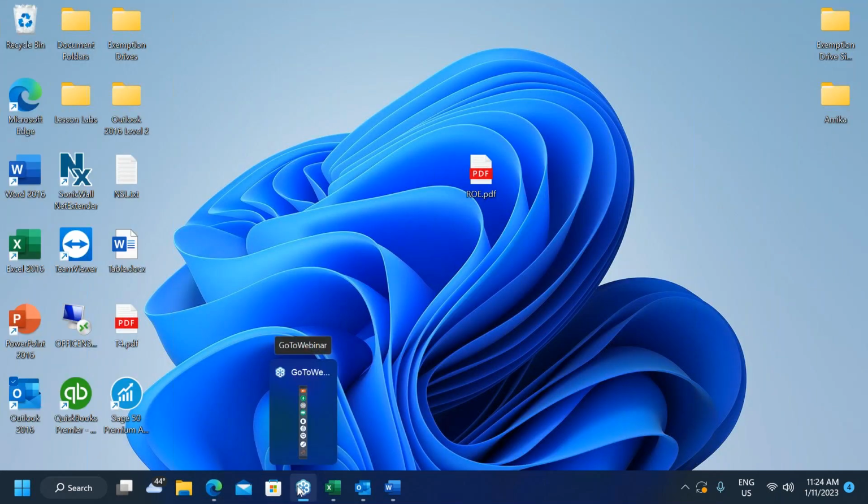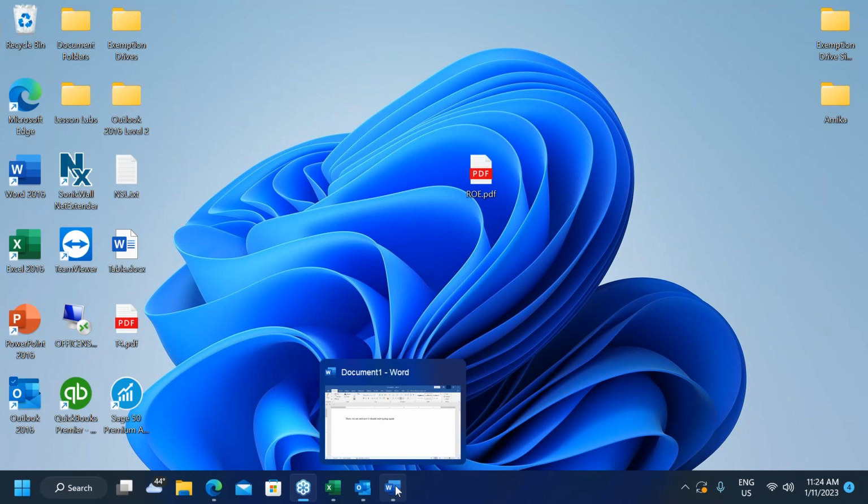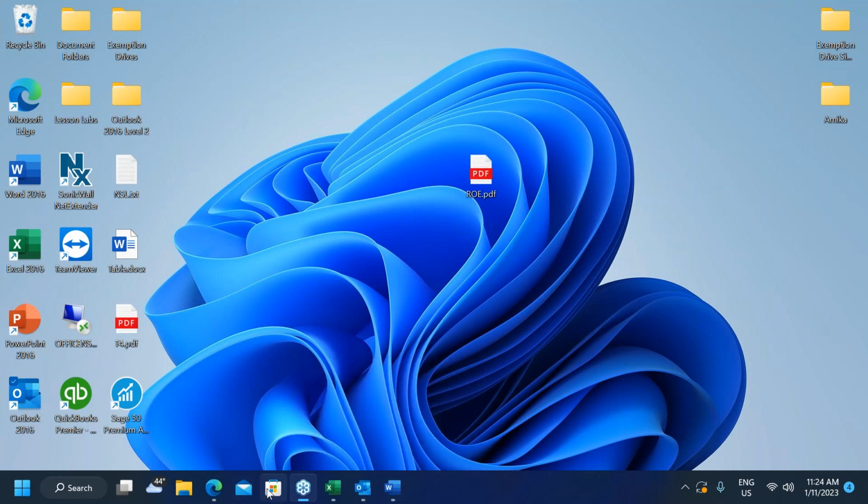I currently have my GoToWebinar open. I have Excel open, and you can see as I hover on the icon, it shows me what's open. Whereas if I hover on these other icons, it just tells me what they are. So this is the Microsoft Store, there's the Mail, there's File Explorer. So I want to now show you some things in File Explorer. So I'm going to now click on File Explorer,